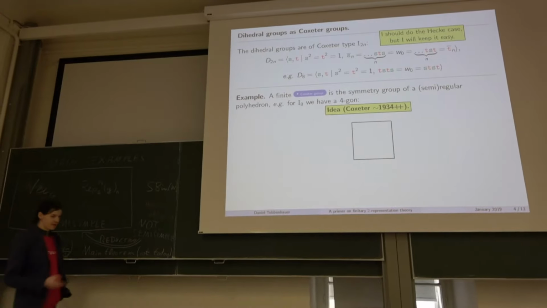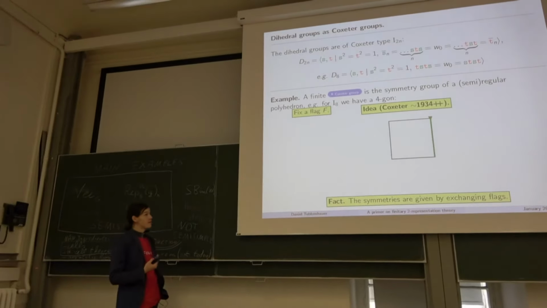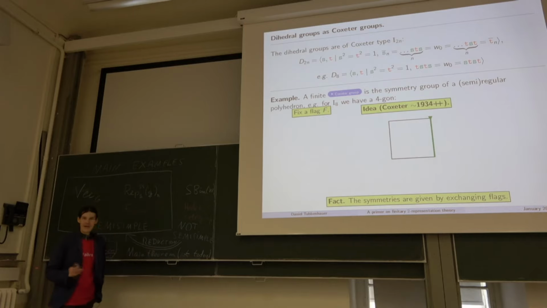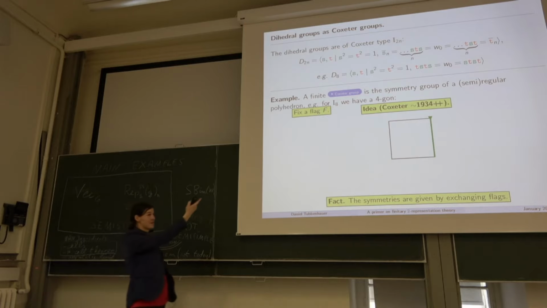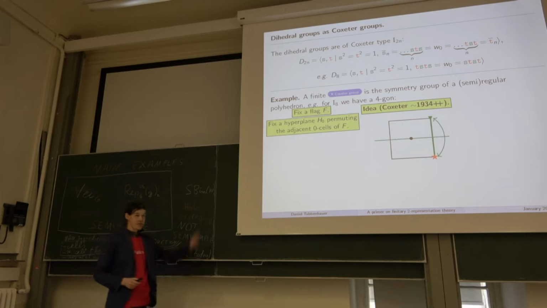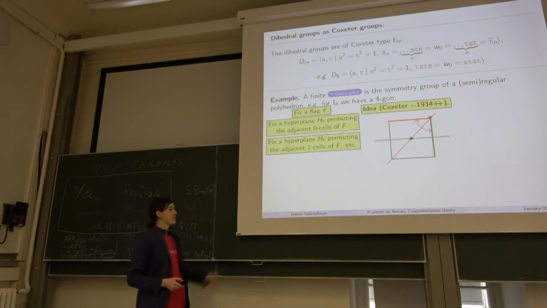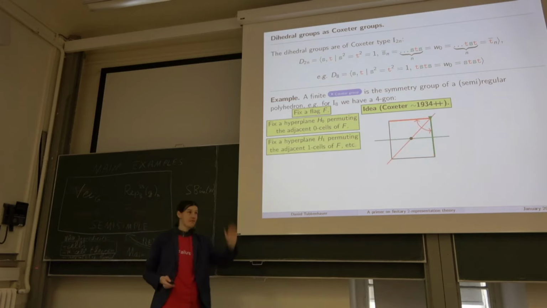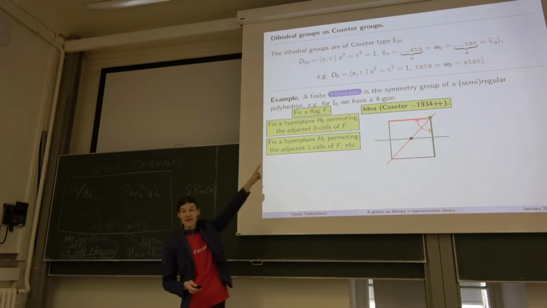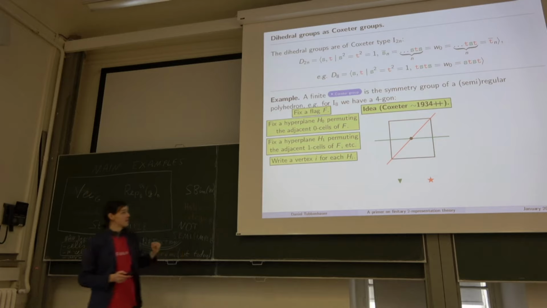An idea which goes back to Coxeter. So what you do is you fix a flag, and I'm explaining this such that you can generalize this to higher dimensions, so keep track. So you fix a flag, and the flag is nothing else, in this case, than a point and a line. There's one. And you fix a hyperplane permuting the 0 cells of the flag. You fix a hyperplane permuting the 1 cells of the flag, and those hyperplanes will be the hyperplanes corresponding to reflections in those generators, and you just keep going.